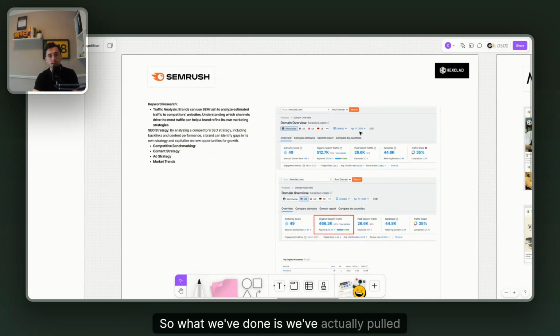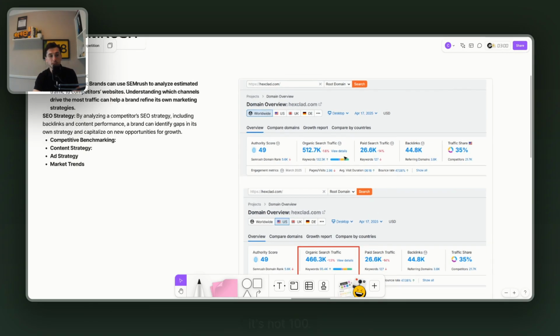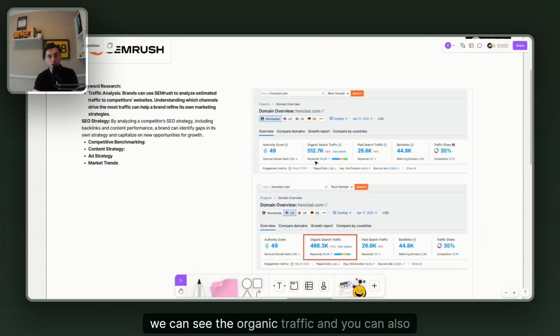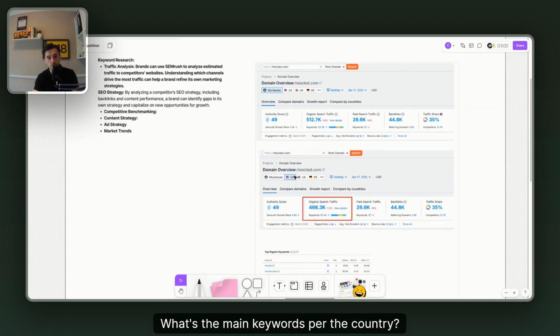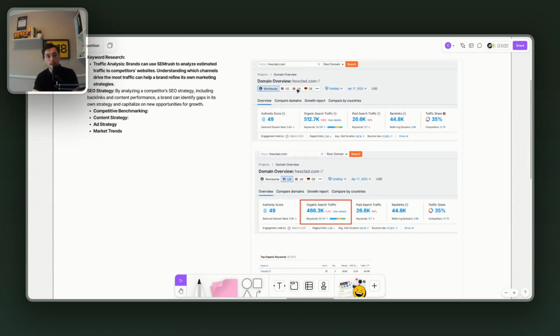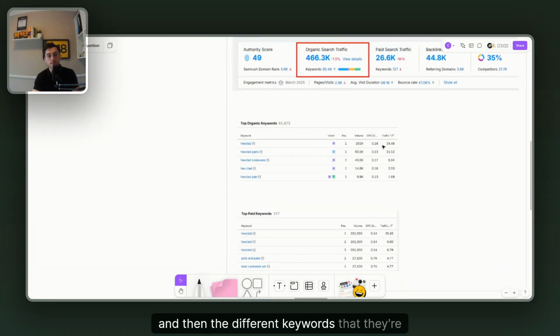Another great tool that we use: what we've done is we've pulled the KL profile. As you can see here, this is just a third-party tool. It's not 100% correct, but we can see the organic traffic. You can also look at how the organic traffic grows over time. What are the main keywords per country? You can see the paid ads traffic, what percentage it's up and down, and per country, their domain authority, the traffic share, and the different keywords that they're actually ranking for,